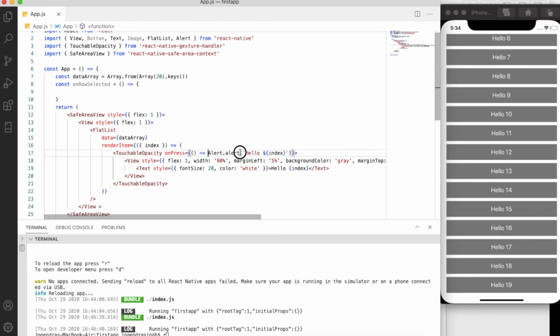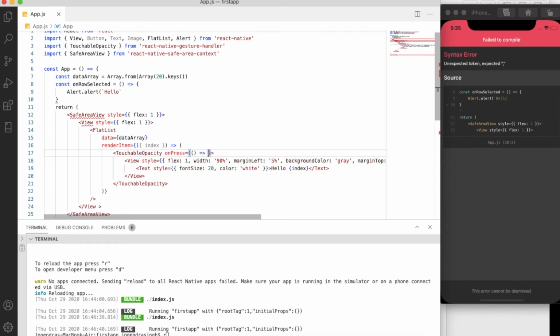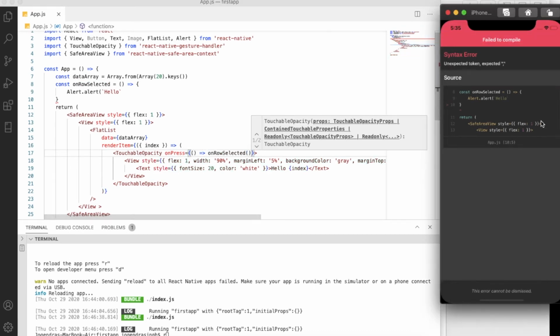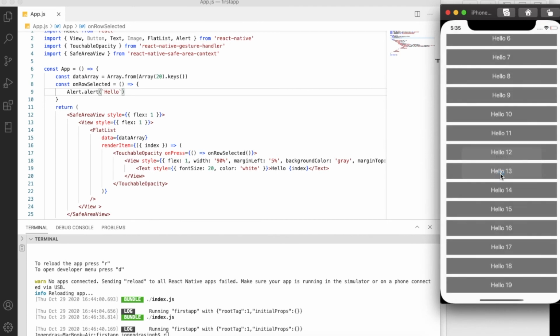Using this method we can also show our alert. So I just pass the alert and remove this, and I will call this method here. It's giving a syntax error because I missed a bracket here. Now we can see this function is working perfectly.